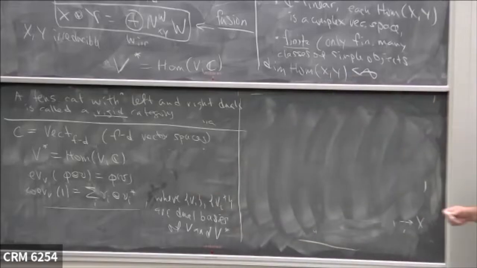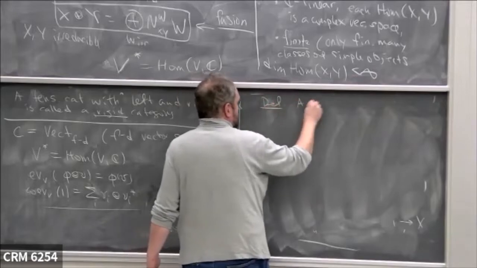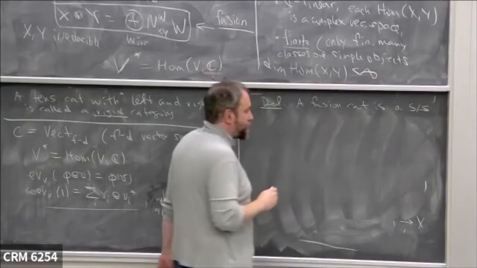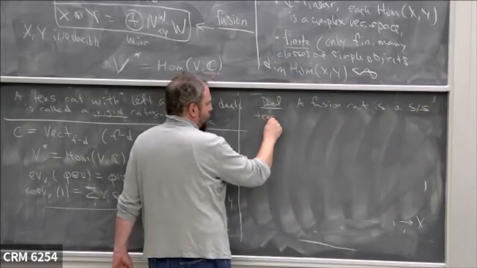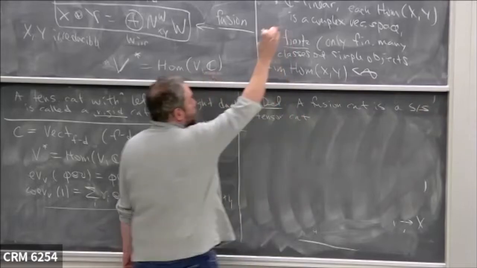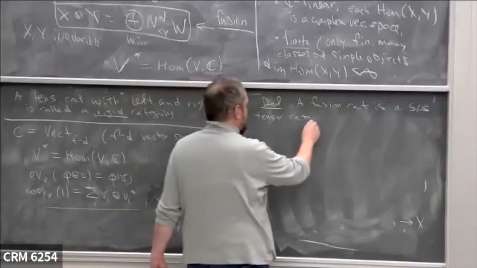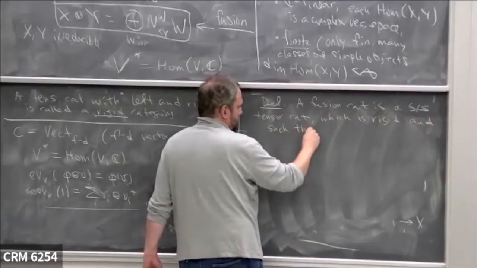So now I can give the definition. A fusion category is a semi-simple tensor category with all these properties that I mentioned, which is rigid and such that the unit object